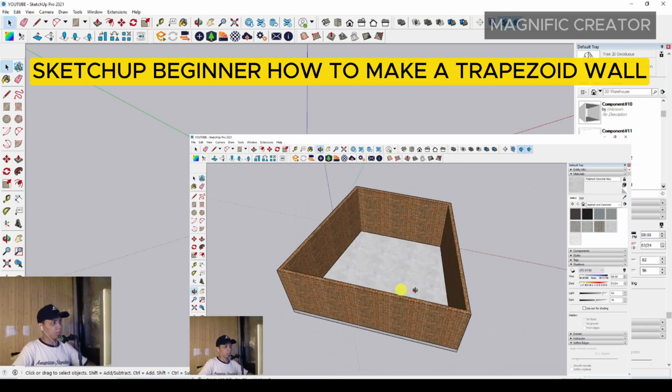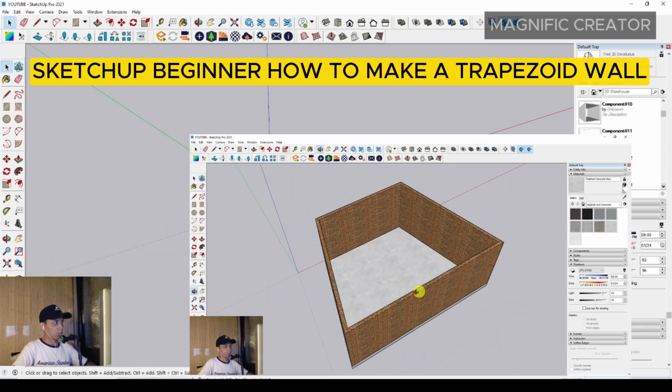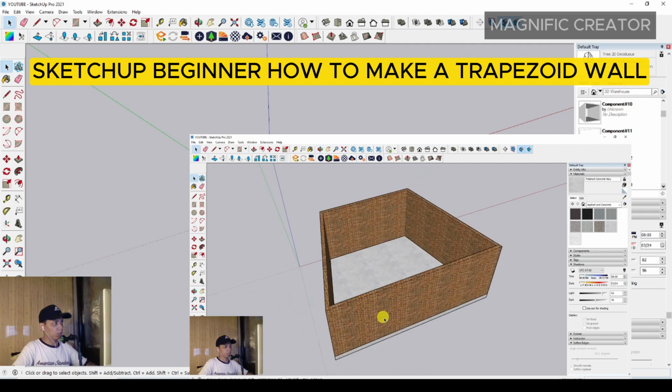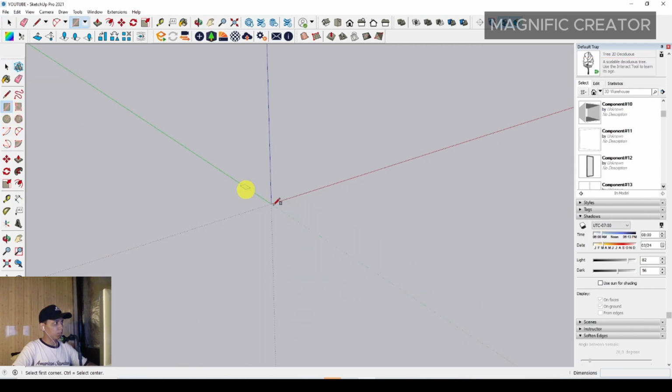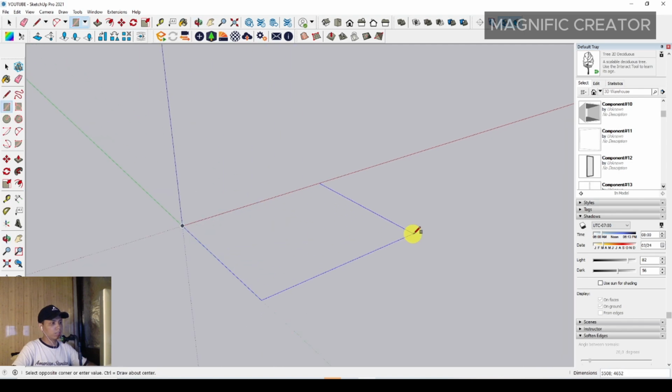In this video I'm going to explain to all of you how to make a trapezoid wall in SketchUp. First of all, we have to make a rectangle. We can set any size of rectangle, as proportional as possible. Maybe something like this. You can see the dimension is about 8,000 millimeter and